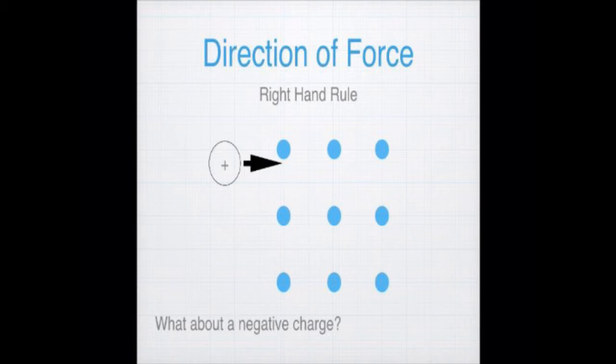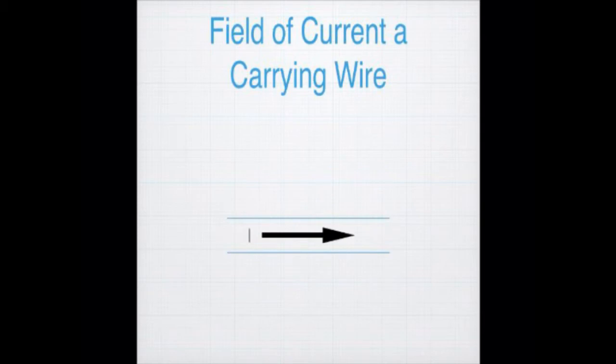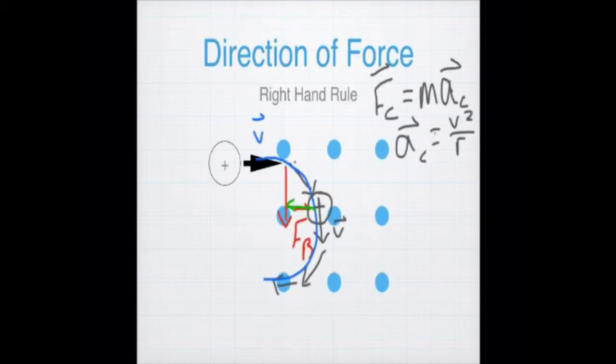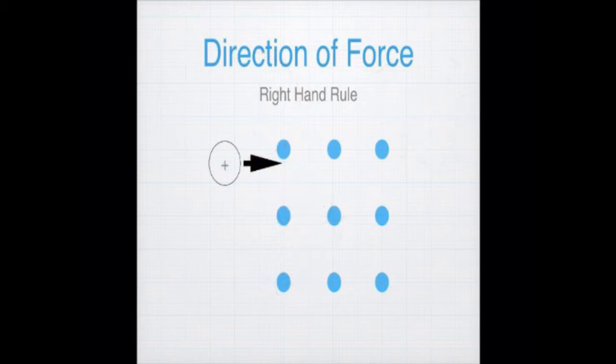Therefore, if you are dealing with a negative charge, for instance, if this charge coming in was not positive but negative, let me just go ahead and make that negative real quick, it would take a much different path. It would move like that. Because if the initial magnetic force was down when you do the right-hand rule, but you know you're dealing with a negative charge, then that charge will move up because it is the opposite of positive. Okay, so